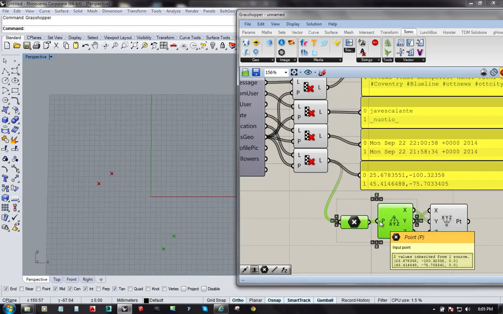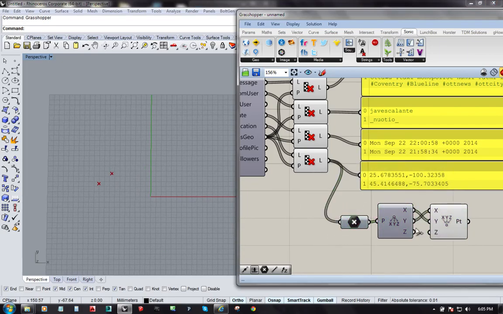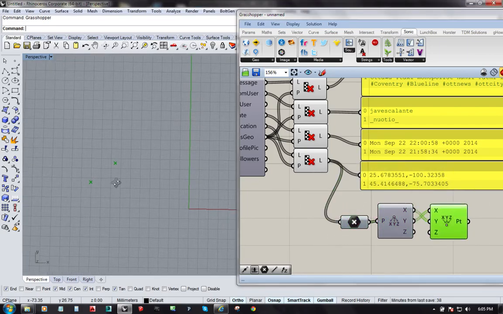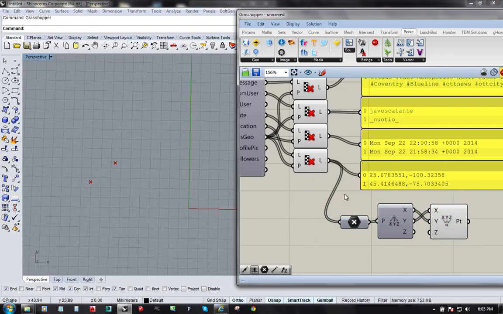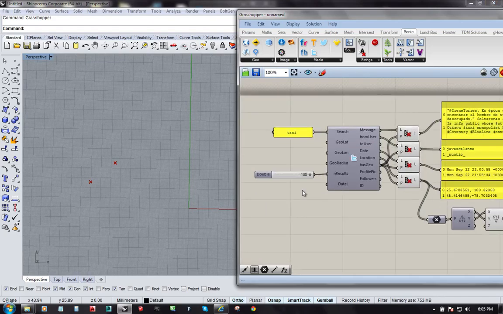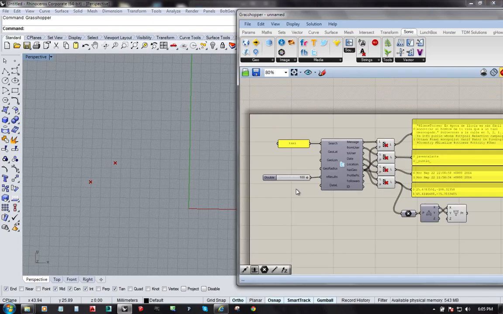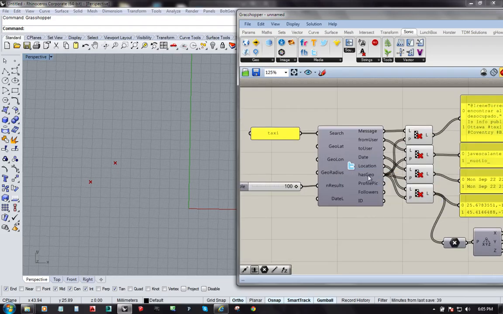So we can go ahead and hide these. And there are our 2 conversations taking place. Now, what if I wanted to narrow this down? To narrow this down even further, what I could do is specify a location around which we want to